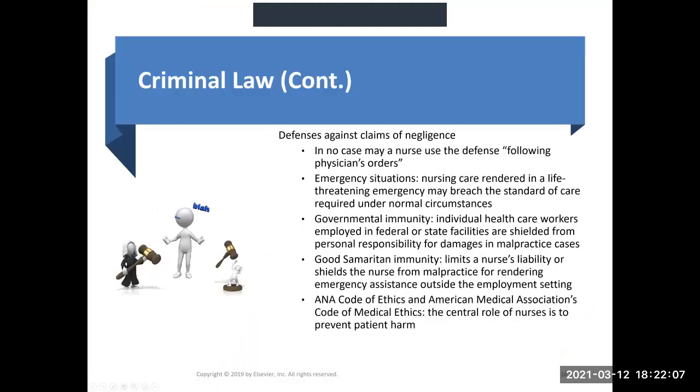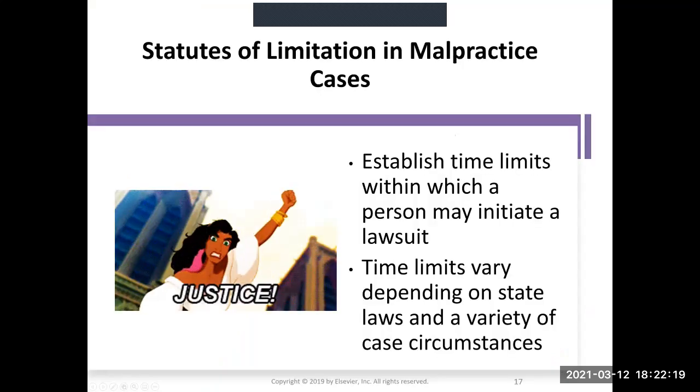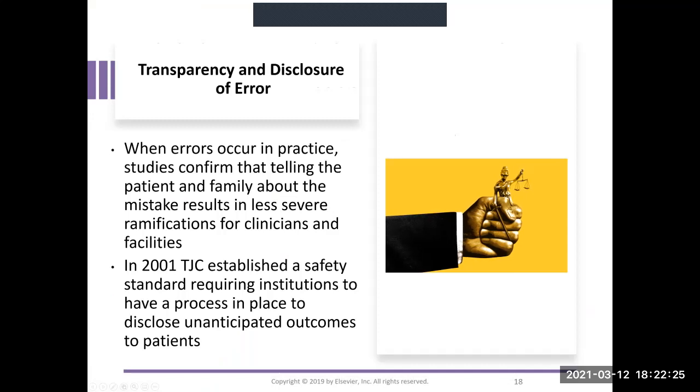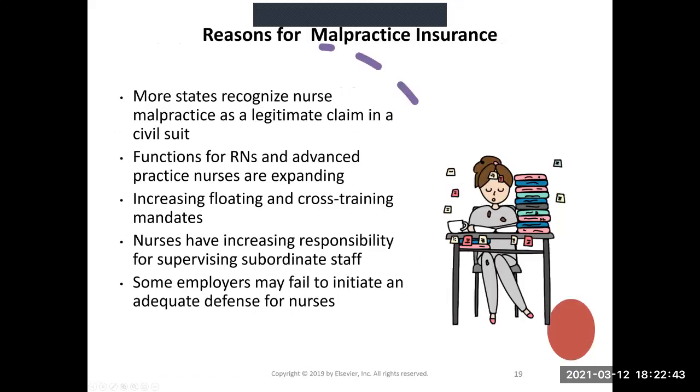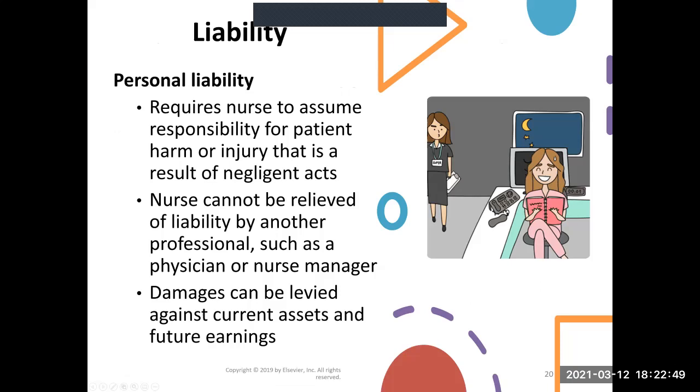Okay, so we talked already about some of the defenses that you might use with criminal negligence. I talked about statute of limitations. Making sure that you're transparent and that you disclose every error is actually what hospitals are doing now. They found out that if you're transparent and disclose your error, chances are the patients won't think that you're hiding anything, so there are fewer lawsuits. I talked about malpractice insurance. You need it, you need it. Okay. Personal liability. The nurse,